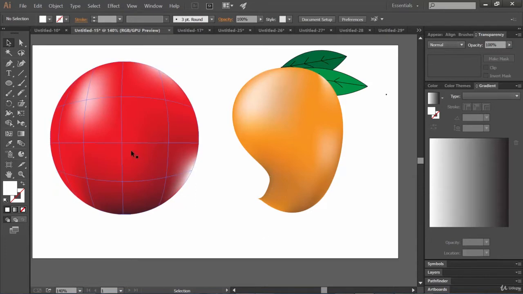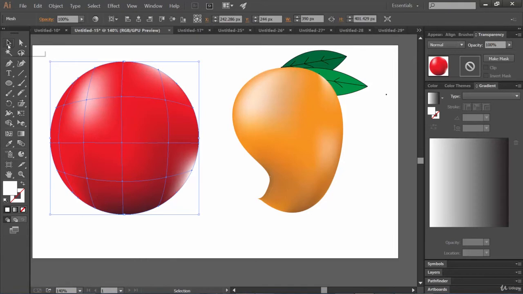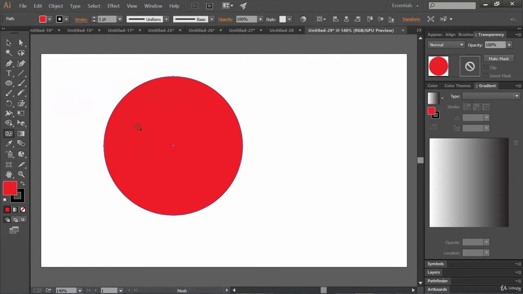Now let's try to select this object using the selection tool. You can see here that there are many divisions, right? These divisions are created using the mesh tool. And how can you create these divisions? Select the mesh tool.